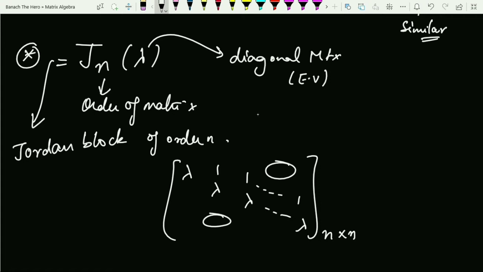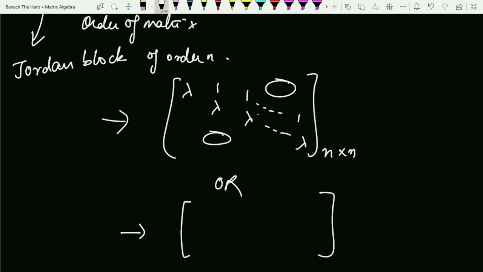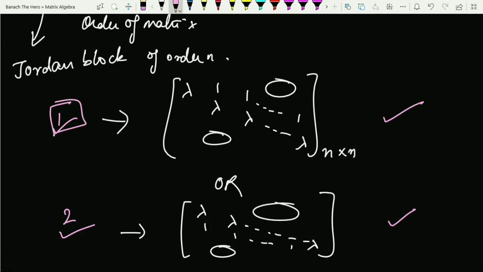These ones can be in the super diagonal or in the sub diagonal also. So in some standard books, a few authors use this notation, while other authors use this notation, that is lambdas on the diagonal, and the other side it will be 0, and in the sub diagonal it will be 1. The rest will be 0. So that is the way to represent the Jordan block of order n. It can be made in this form or this form. But once you have started your question with one of these formats, either the first one or the second one, you have to continue the full question using that form only. Do not mix the two forms with each other.